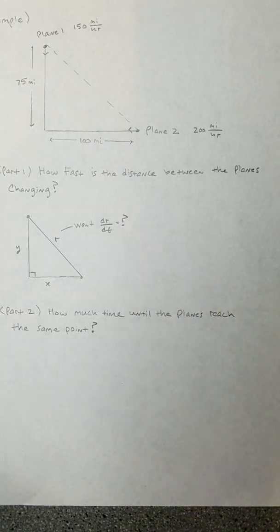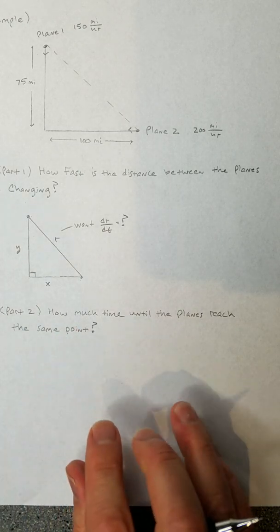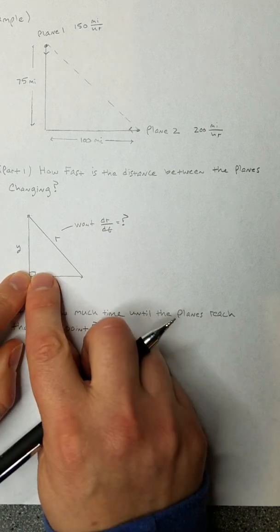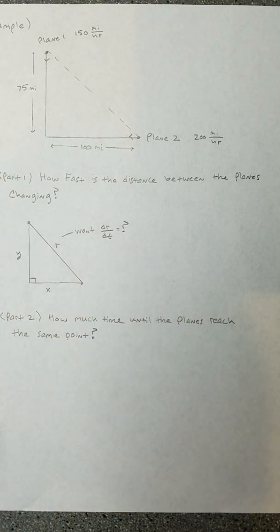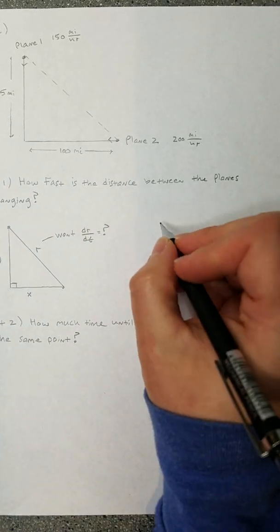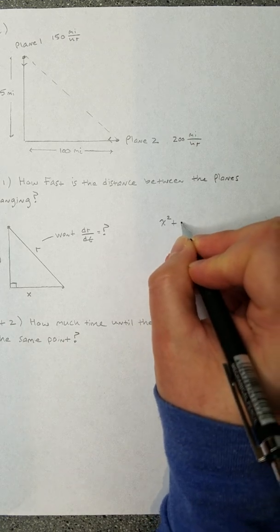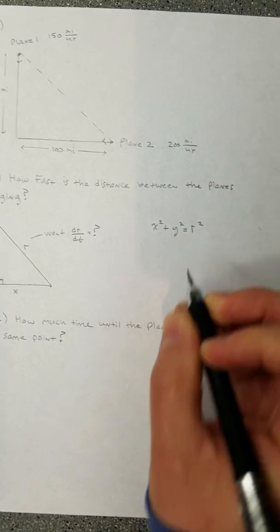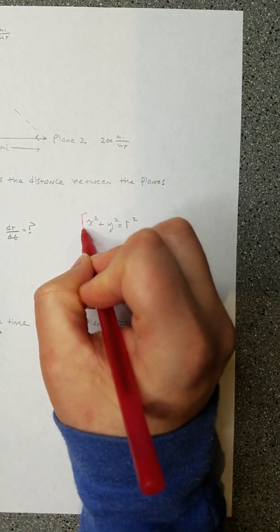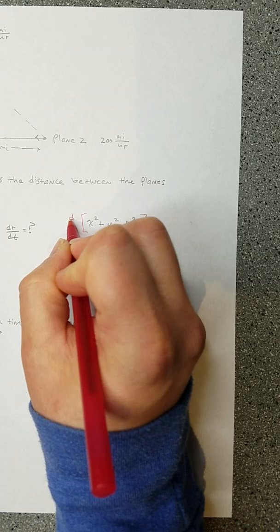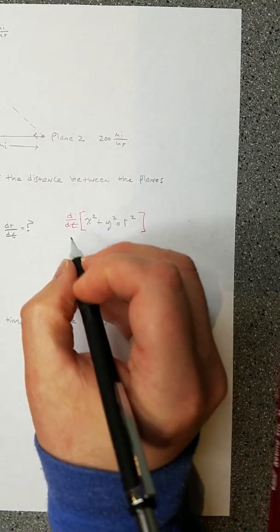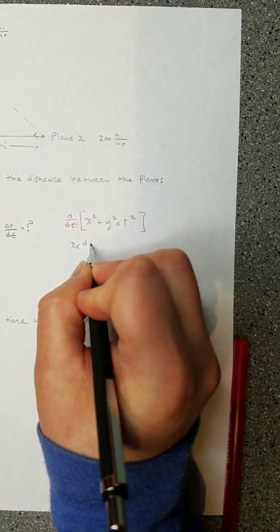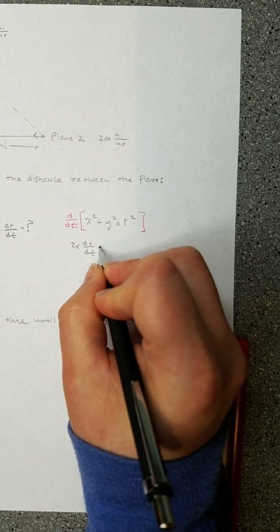So let's see about getting there. What did I say with the other problems? Let's start with a true equation. Here's the situation. What equation is true about this distance right here, this distance right here, and those are all the distances and measurements involved in this problem? It would be that x squared plus y squared is equal to r squared. And then I said, once you get that starting point, take the time derivative of all the terms on both sides. If you do that, you'll get 2x dx/dt. Then you get 2y